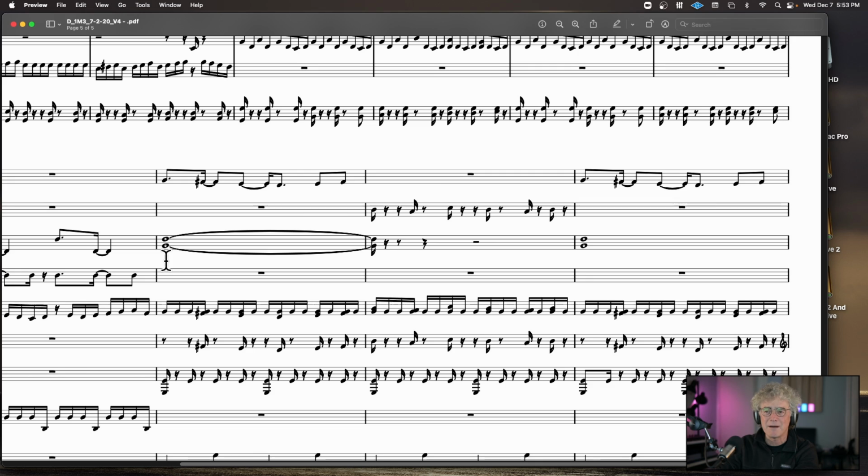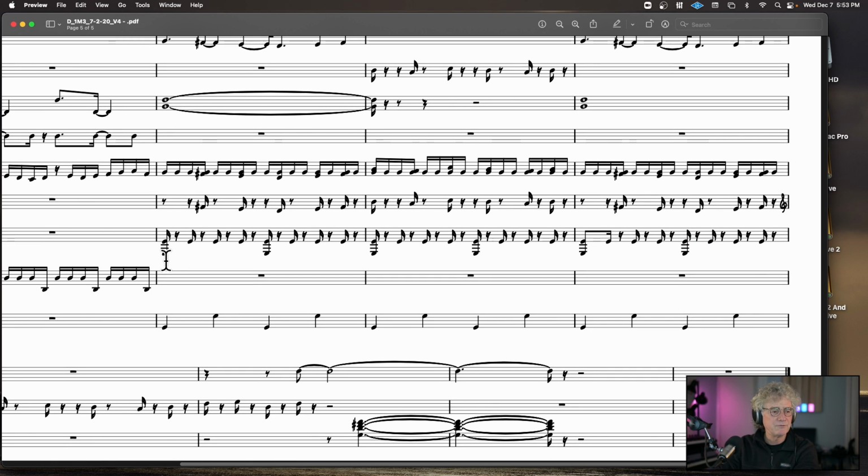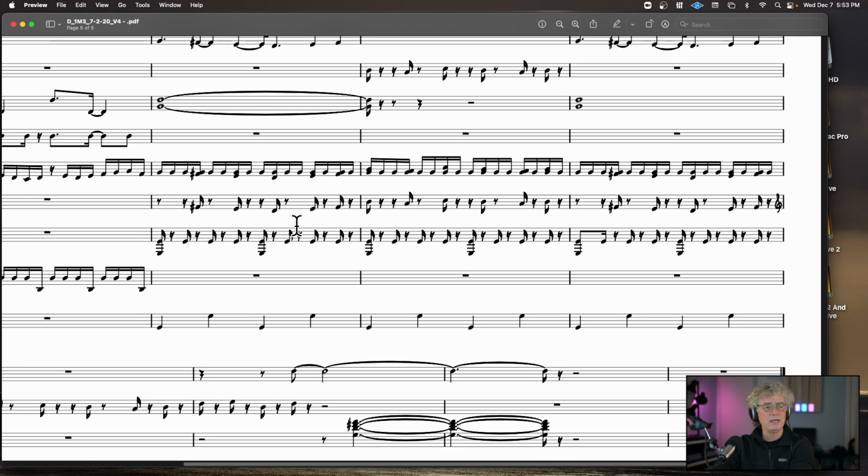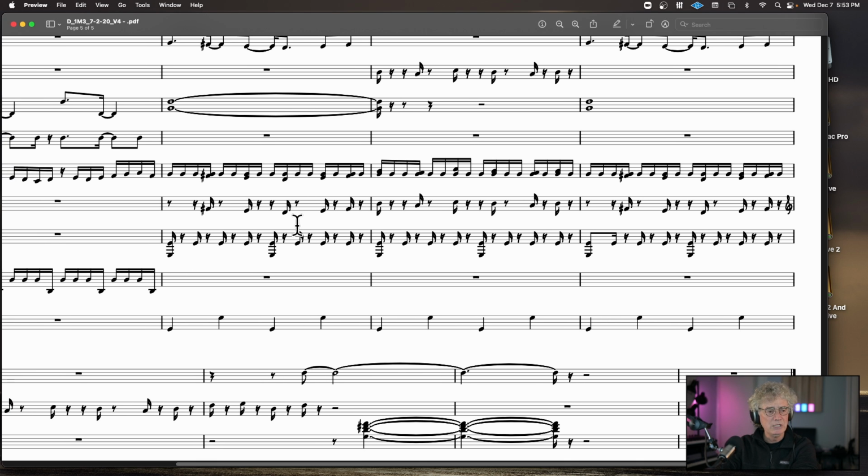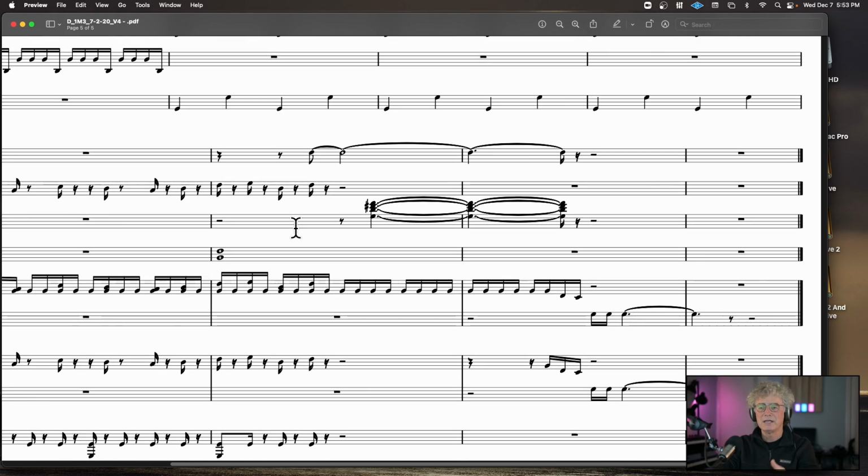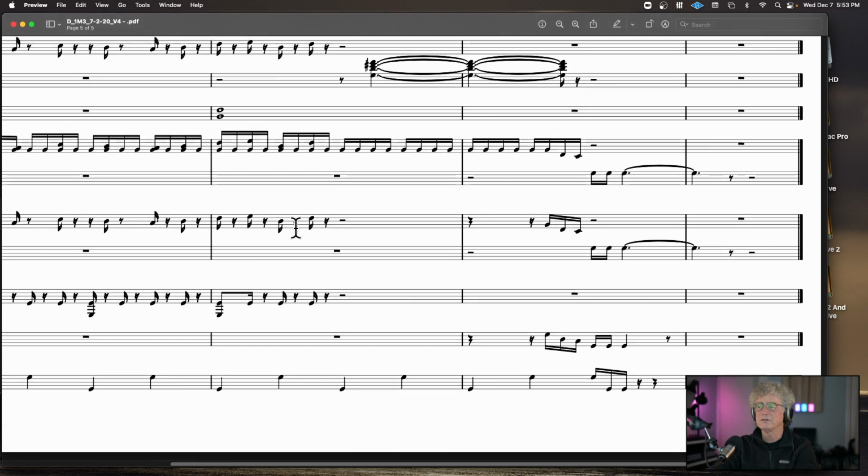And I don't like to copy the MIDI from the previous cue. I prefer playing it back in. It doesn't take me that long to do, and it gives it a sense of a different performance, even if I'm playing similar notes. And I can just do variations off this stuff.